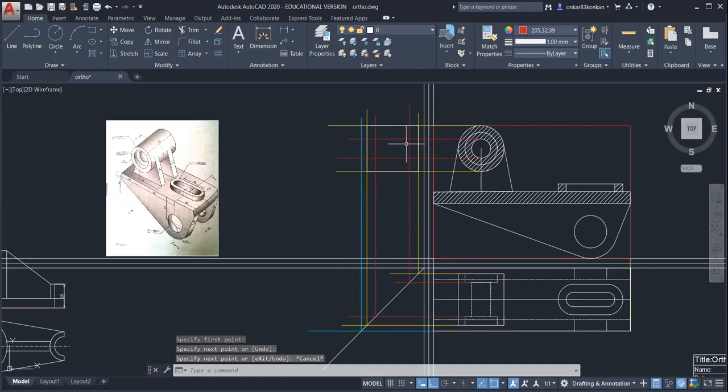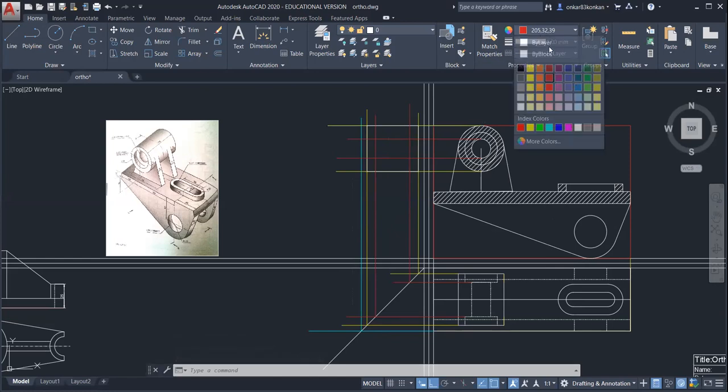Okay, so this complete rectangle, it will be a hidden rectangle in the side view. So select here dash line.